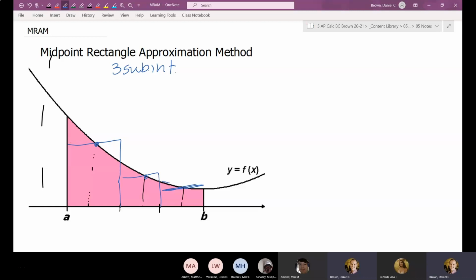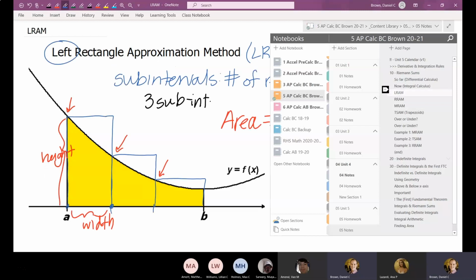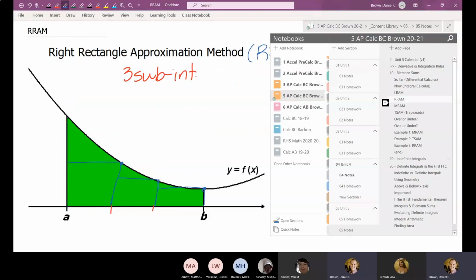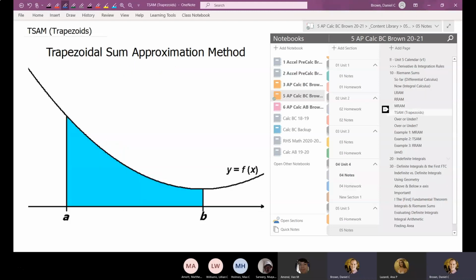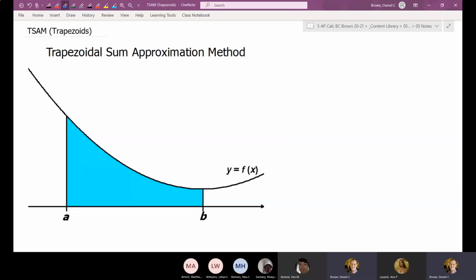The last approximation method we have, so if I compare these 3: LRAM was an overestimate for this example. RRAM we saw was an underestimate. We have MRAM, which sometimes overestimated, sometimes underestimated. The fourth and final approximation method you have to know for this class is called the trapezoidal sum approximation method. The trapezoidal sum approximation method is nice